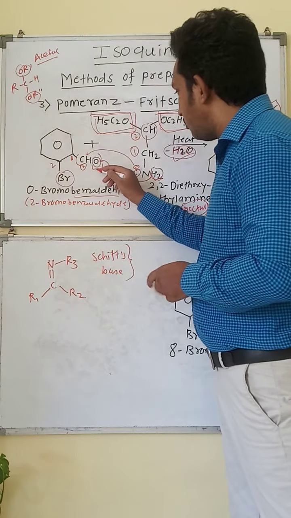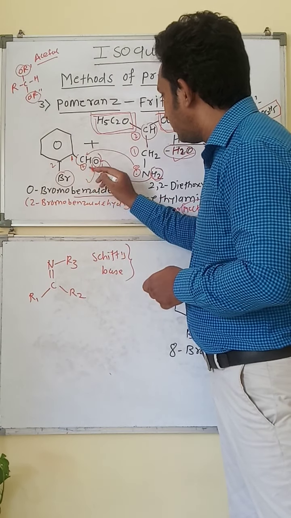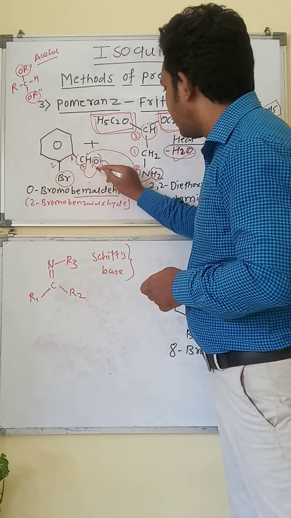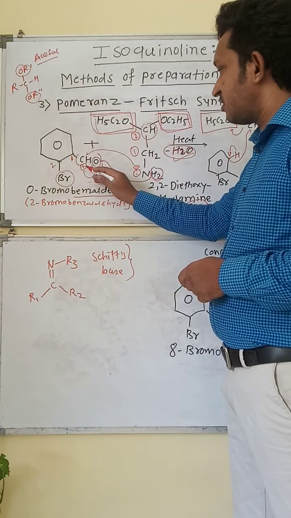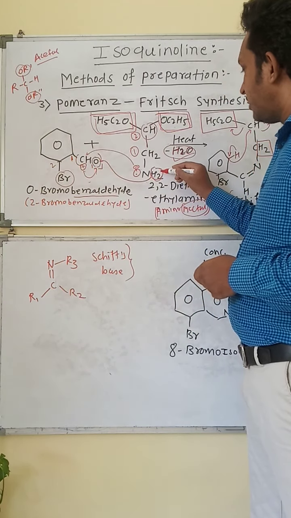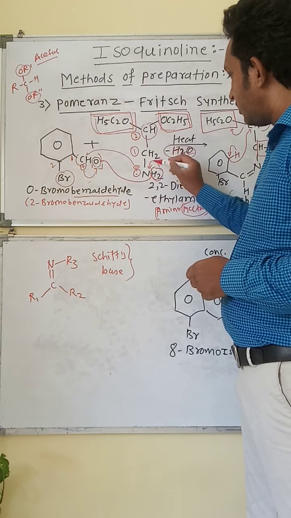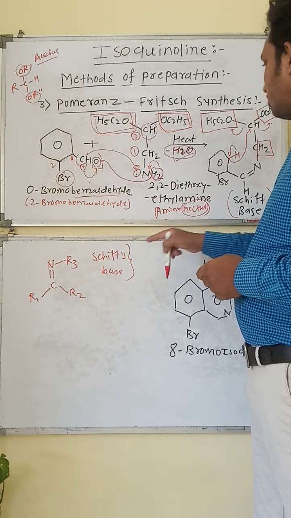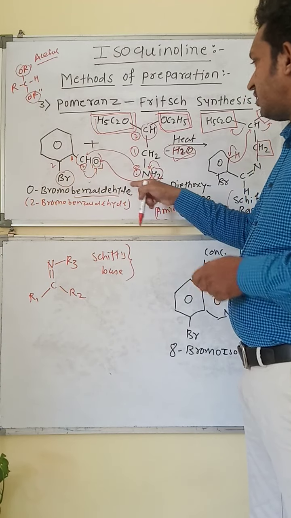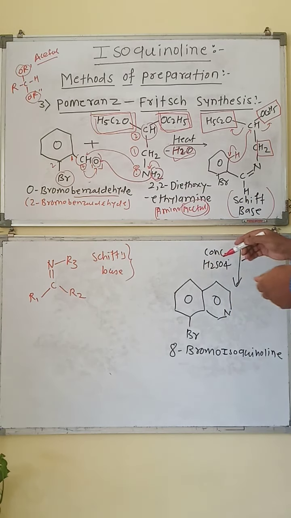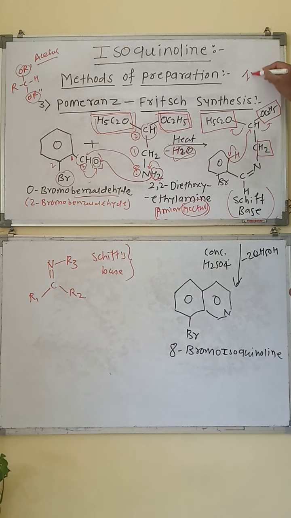After the removal of this oxygen, the lone pair of electrons goes toward the more electronegative atom, and the nitrogen becomes electron rich. So there is a formation of a double bond between carbon and nitrogen, and a condensation between these two structures. So we get the Schiff base. The Schiff base is a member of the class of the imino group.